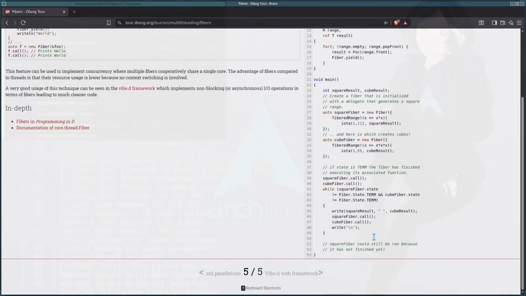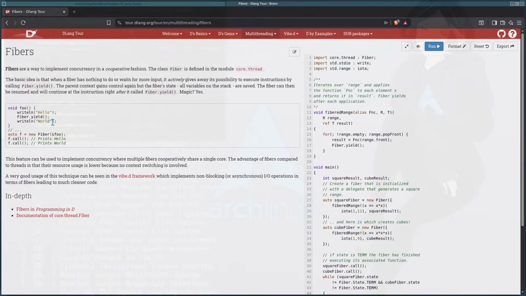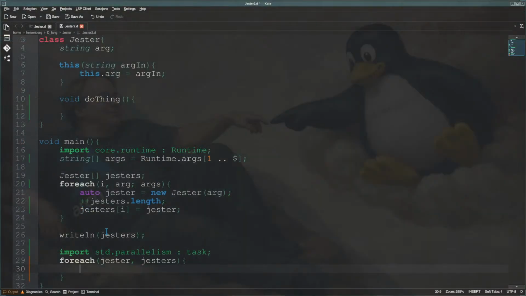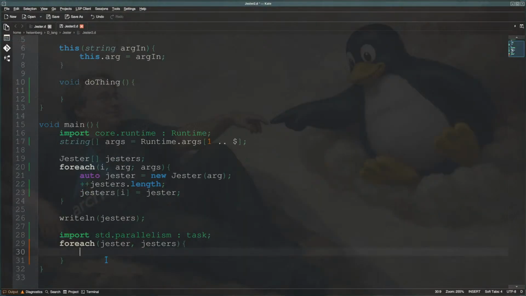Guessing that's this on the side. I don't know. Really interesting. Sudo I don't know TM. Anyway,